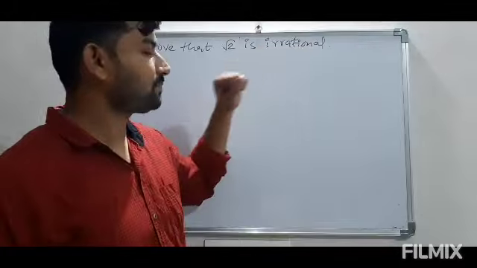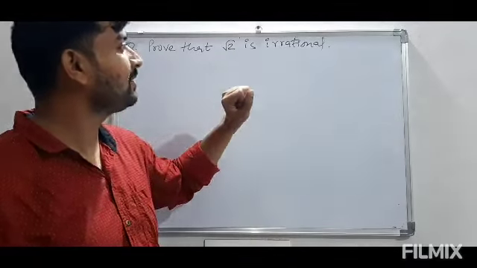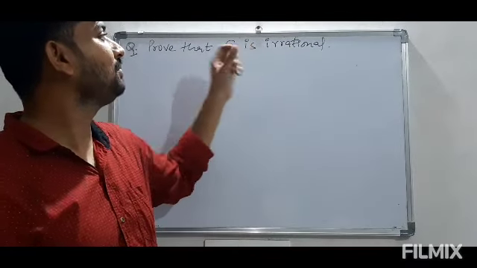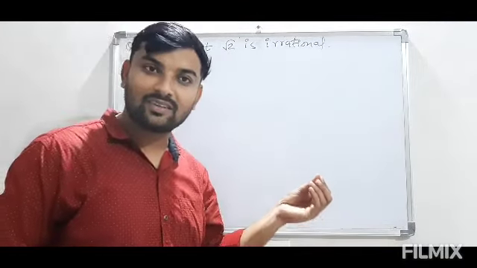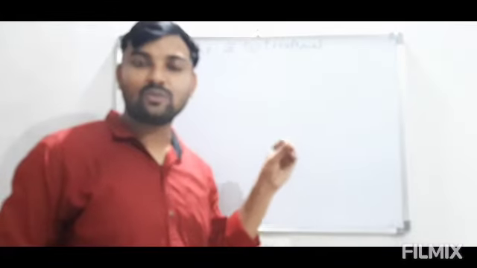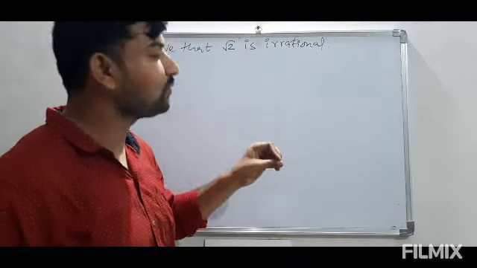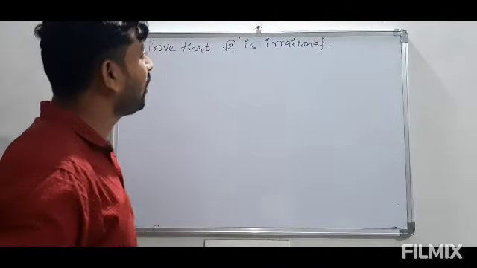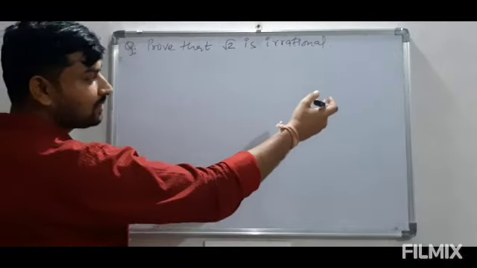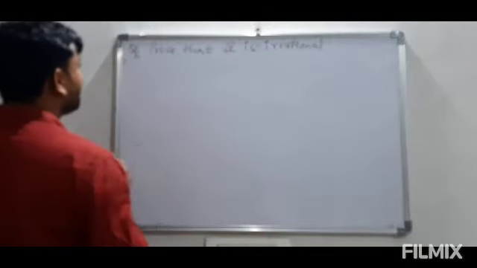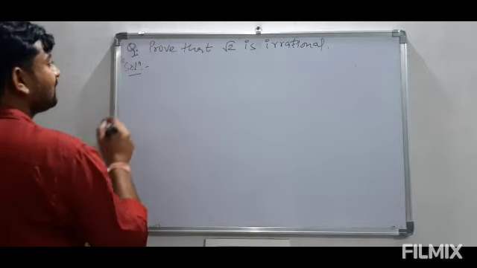As we have discussed, the numbers which are not rational are irrational numbers. So I will use the assumption that root 2 is rational, then I will prove this wrong, that it is not rational. So automatically we will conclude that root 2 is not rational, so we say this is irrational. How to start is very important. Just now we discussed co-prime numbers, which I have to use here. So the solution of this question will be like this.